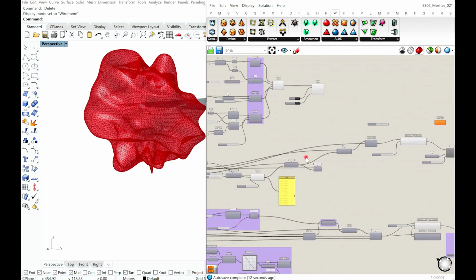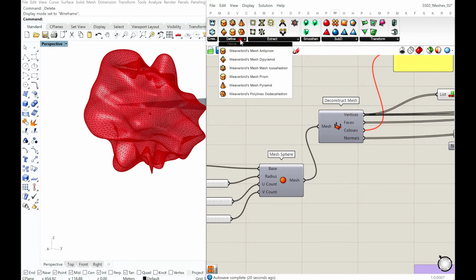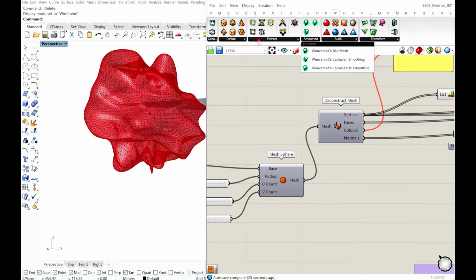Now, instead of my sphere, I could have also used any other kind of mesh. In fact, Weaverbird by default has a couple of meshes.